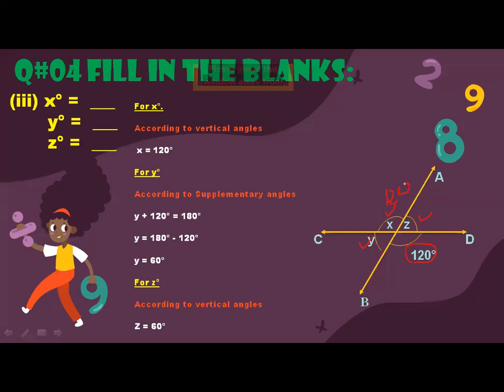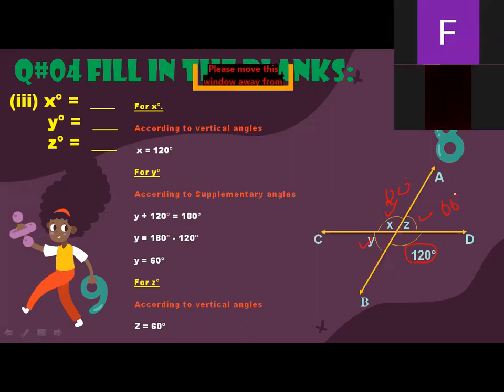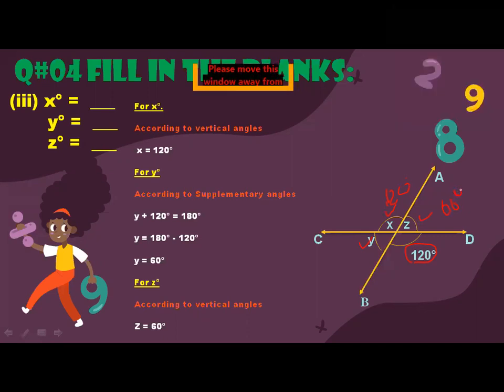Now X is equal to 120 means this is starting from the left side. If you are going to start from the right side, on the right side you have Z, that is equal to 60 degrees. So if you start from the right side, you will make the angle of 60 degrees. But if you start from the left side, you will form the angle of 120 degrees, because your X is equal to 120 degrees. Okay, now as you can see here, this is 120.